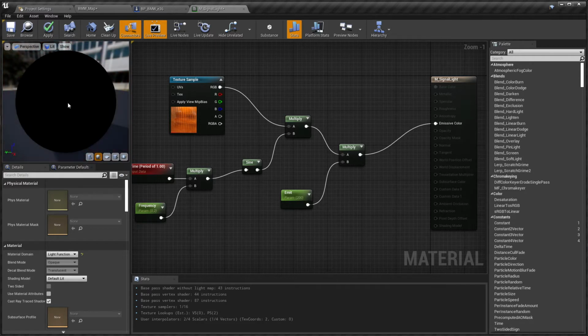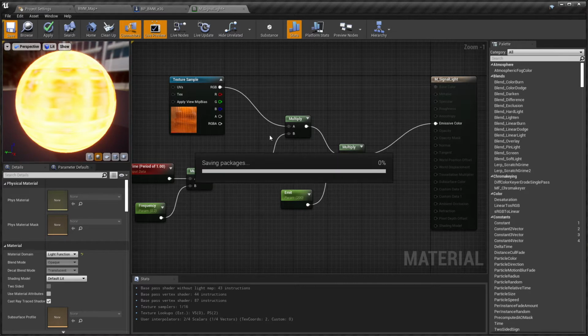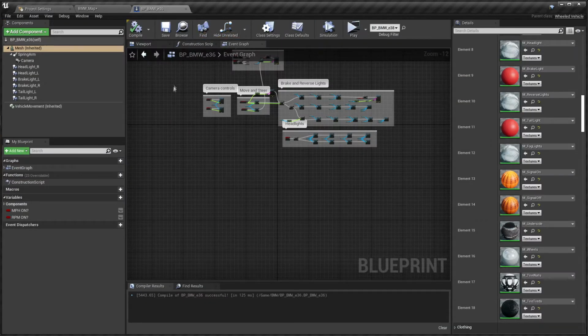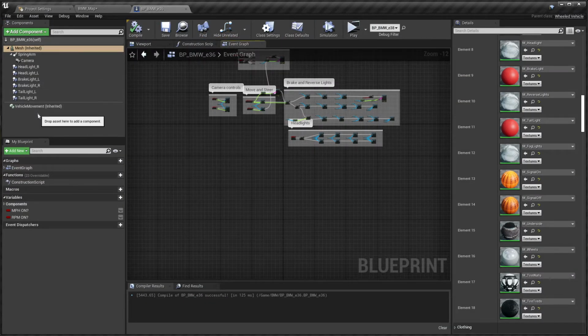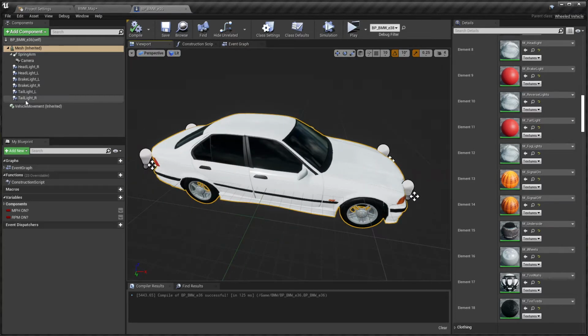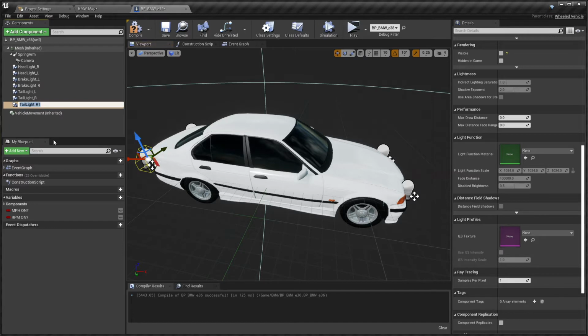So now you can see it's really bright when it's on and black when it's off, because this is going to be used on the light itself, the actual bulbs that we create in our blueprint. So we can close that down, and now inside our blueprint we want to make some lights for the indicators. We need to make 4 of them, so let's just duplicate one of these. Duplicate, and I'm going to call it signal, what's this, rear right, rear R. So it's this one over here,